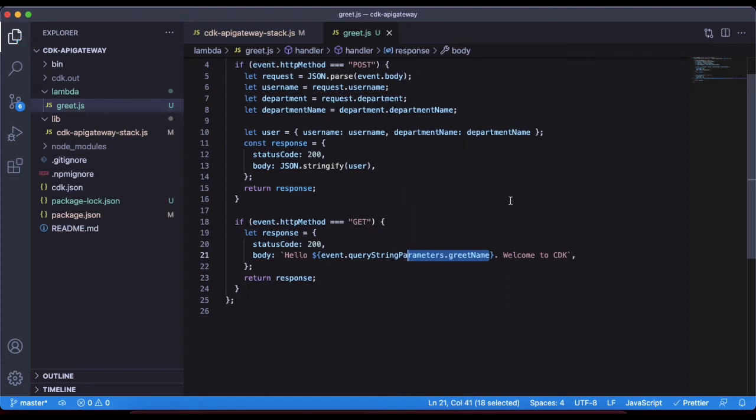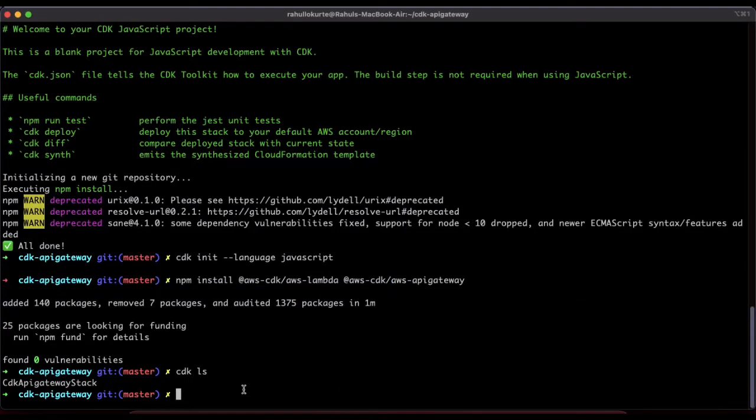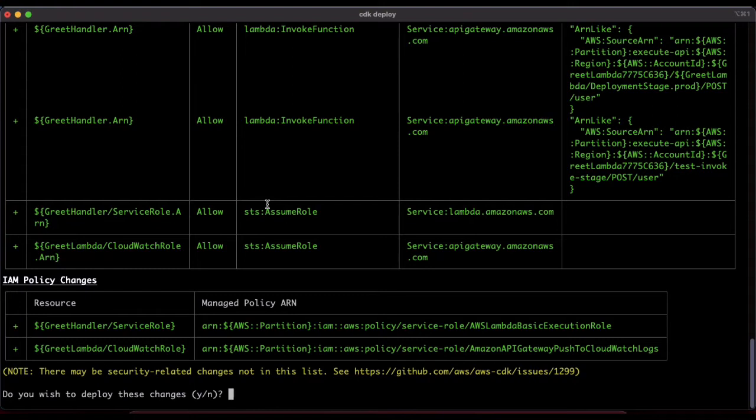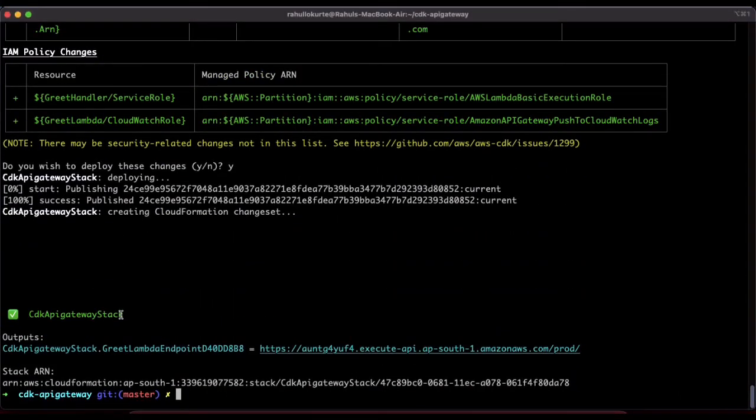So now let us deploy this code. For deploying, we need to run a command called cdk deploy. Before deploying, we get a prompt saying, do you wish to deploy these changes? You need to click on yes if you are okay with whatever resources are being provisioned. So as we can see, the stack deployment is done, and now we can verify in the AWS